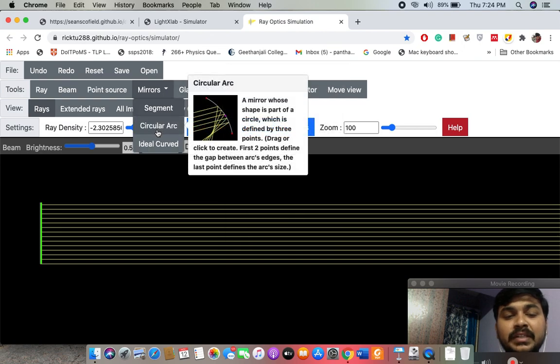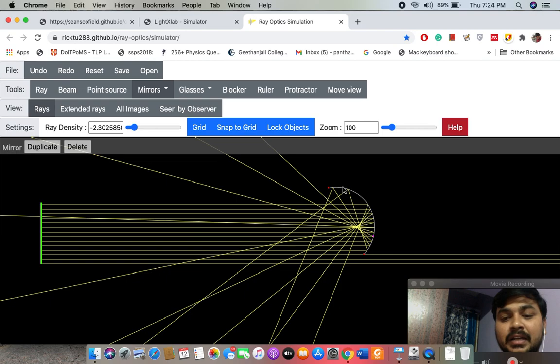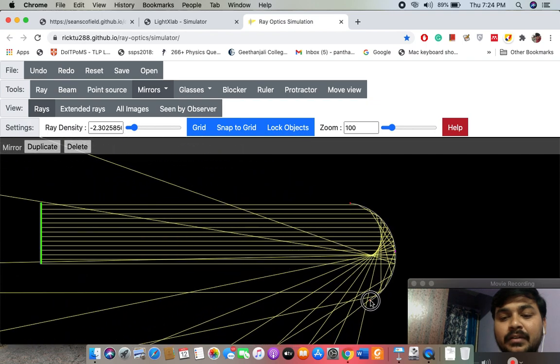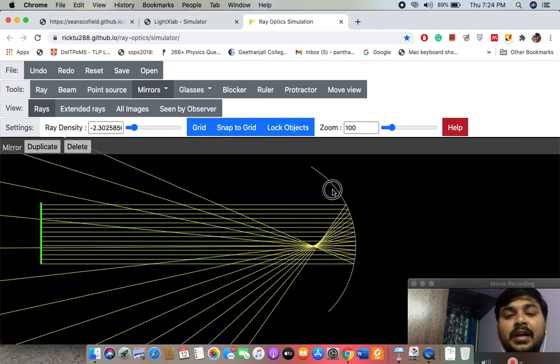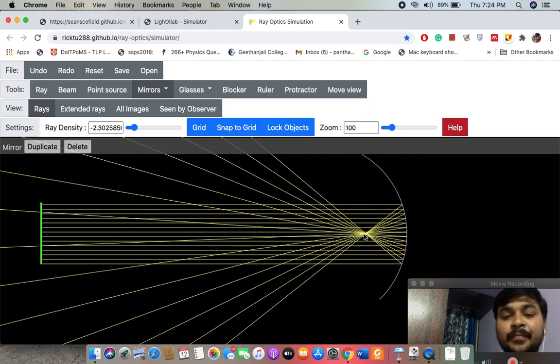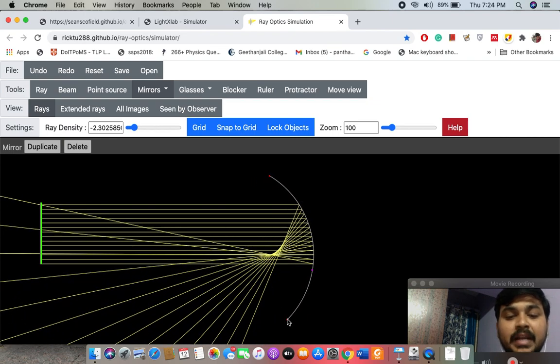And if you want to insert a circular arc, which means a concave mirror or a convex mirror. So what is this? This is a concave mirror. You can also enlarge the shape. You can observe how the light beam is varying with respect to the shape of the concave mirror. As you all know, what is this point? This point is a focus, where all the parallel beams coincide after reflection. So how can the focus be varied? If you turn the mirror, you can analyze here how the focus varies.